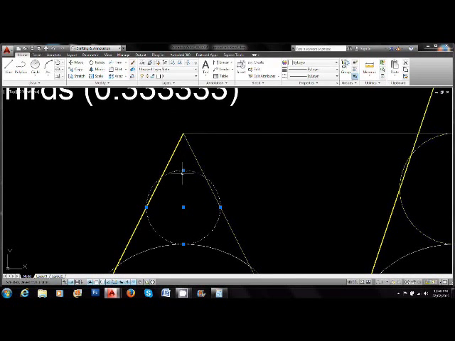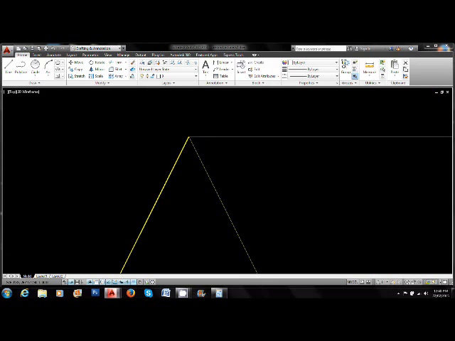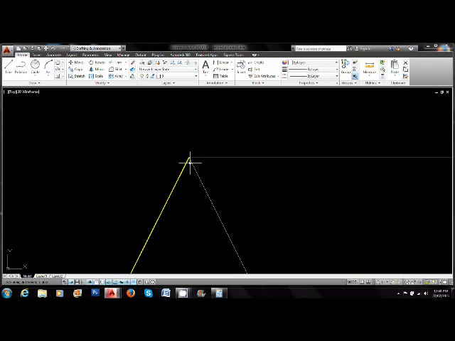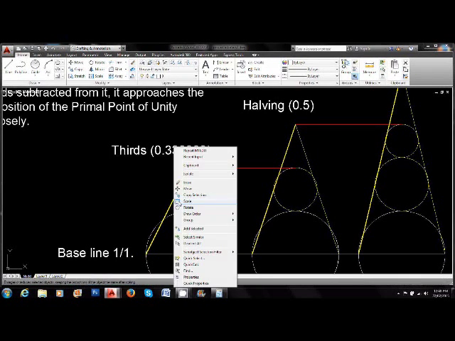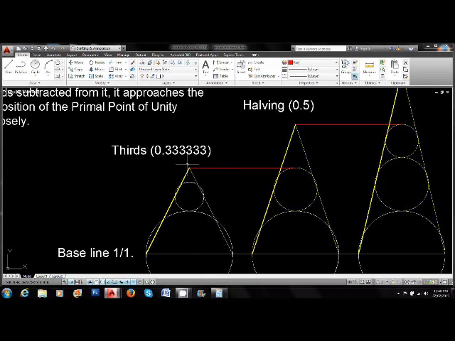So I could reduce this circle by a third, put it here, diameter to diameter, touching diameter, so to speak, and then just go on and on forever towards this asymptotic point. So thirds gives me a specific length from the baseline to this asymptotic point. So this point,